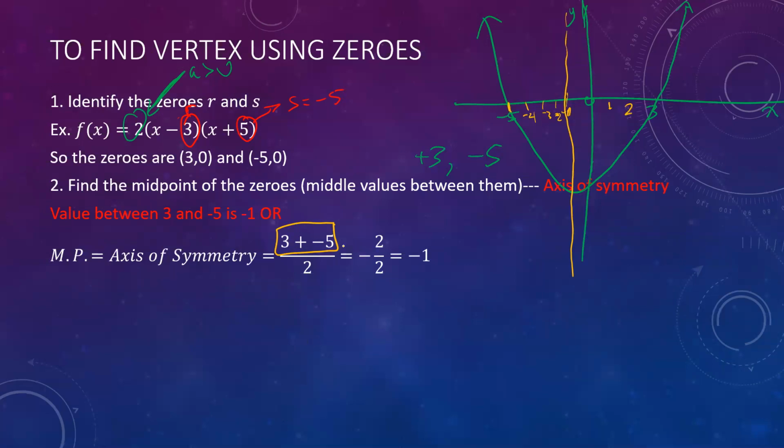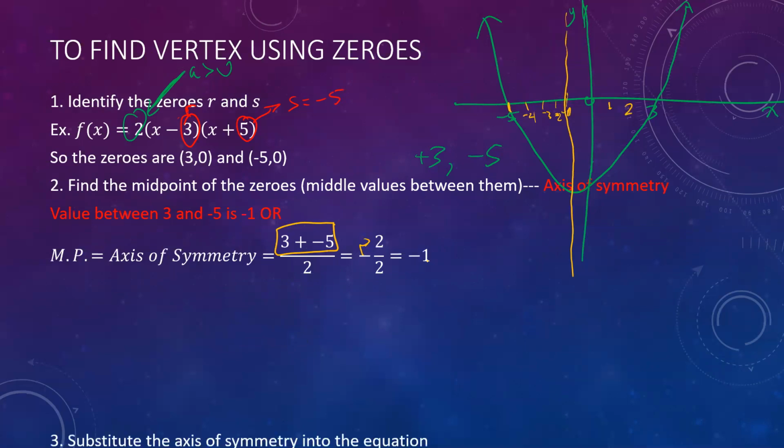So 3 plus -5 is going to give you -2. And then you take -2 and you simply divide by 2, and that ends up giving you -1. That means the axis of symmetry is -1. So that means that the x-coordinate of the vertex is -1. Now, keep in mind that only gives you the x-coordinate of the vertex. We still don't know what the y-coordinate of the vertex is. So to find the y-coordinate of the vertex,